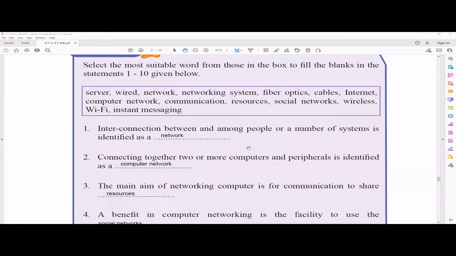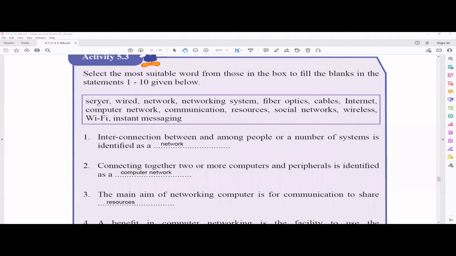So we have about 10 answers. The words are: server, wired, networking system, fiber optics, cables, internet, computer network, communication, resources, social networks, wireless, Wi-Fi, instant messaging. I believe you know all these words, right? Because if you don't know any of these words, please go back to the textbook videos and watch them first, right? First one,